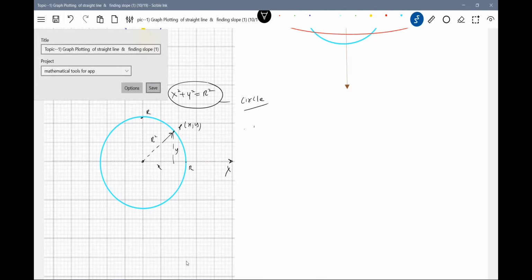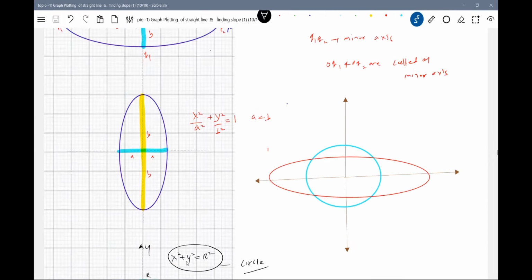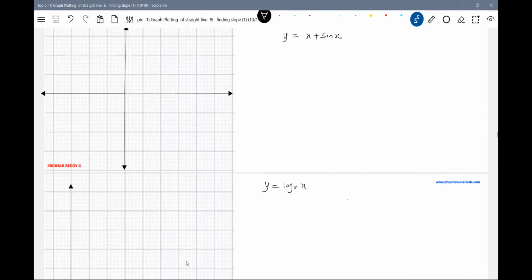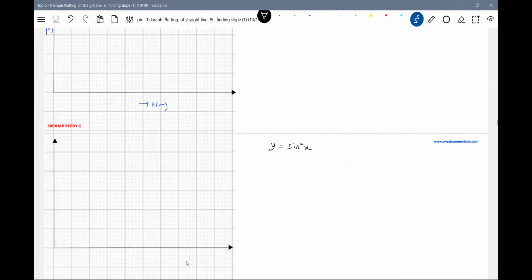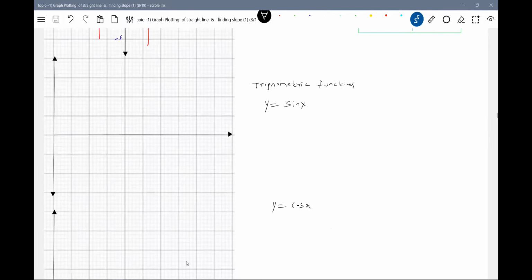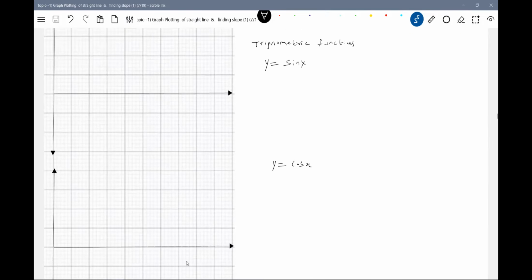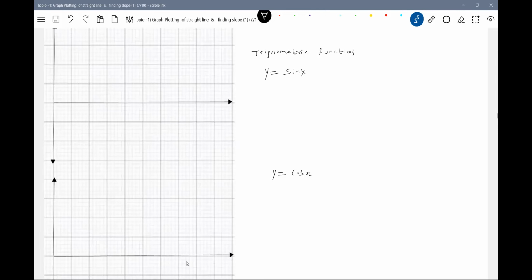Now, I think we have some. So let's go for the other types of trigonometric functions. Not very simple. Let's not go for very high level, so you'll get confused. The trigonometric functions: put x equal to 0. What is x? x must be measured in radians, like pi by 6, pi by 4, pi by 3, pi by 2. That value of x will tell. So here the curve will be